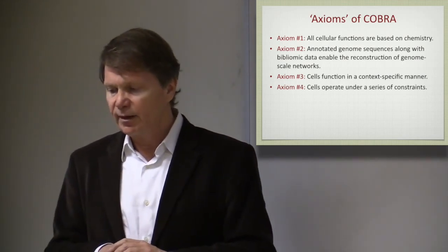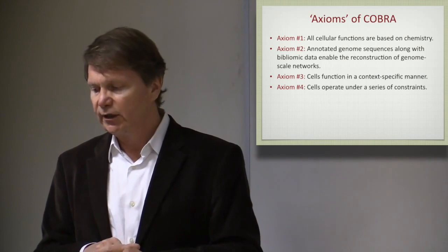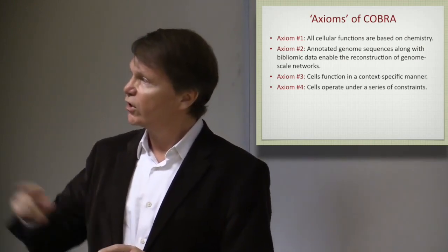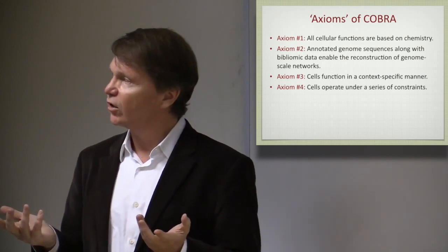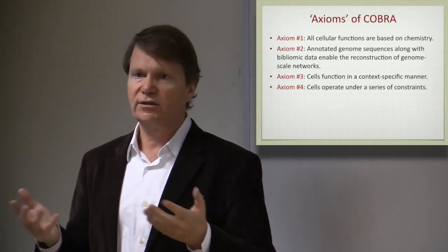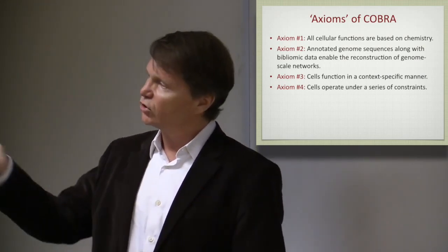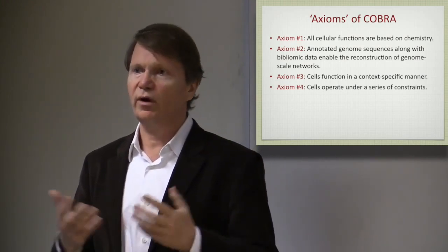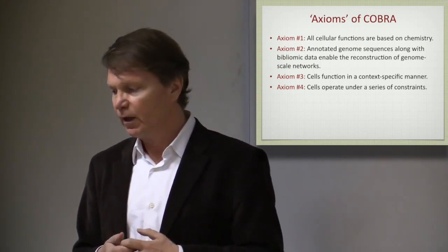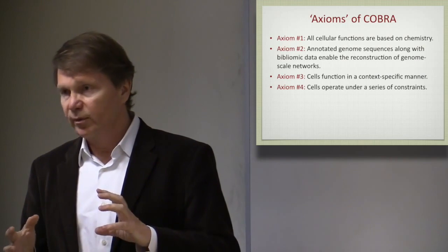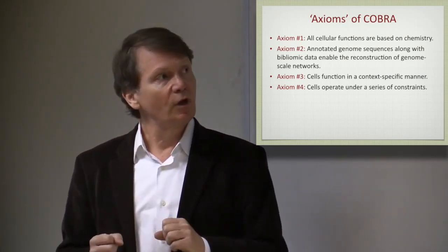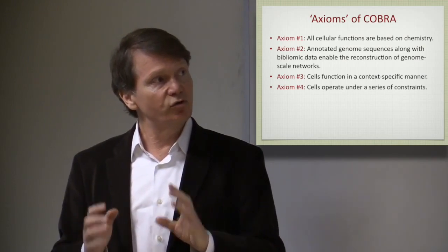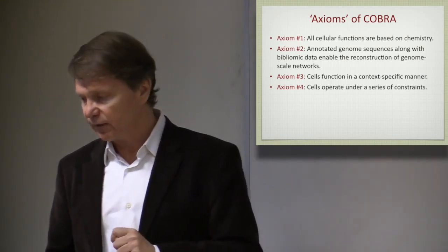Then there is a statement that I made earlier, that cells operate under a series of constraints. For instance, these plants out there, they have to deal with the intensity of incoming photons. That's a constraint they have to live under. There's a certain amount of nitrogen and phosphate in the soil. That's a constraint they have to live under. I talked about the crowding constraints before. There's only so much you can pack into a volume. So there's myriad constraints on the function of a cell.